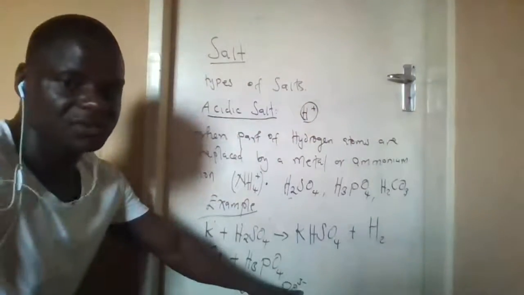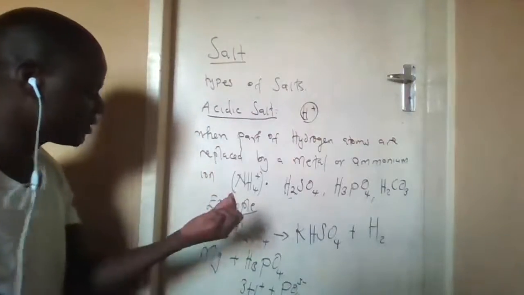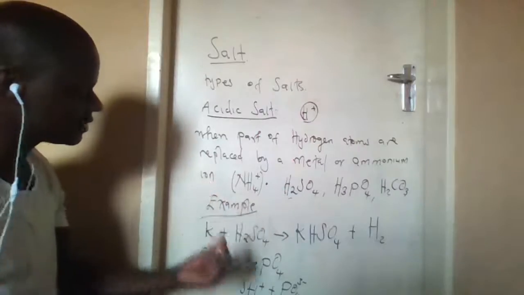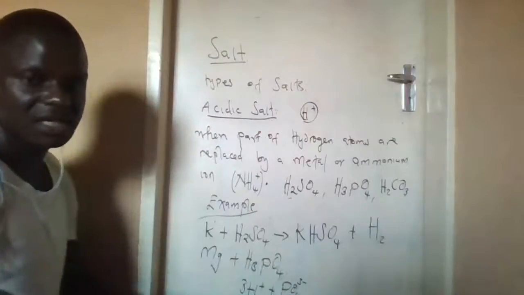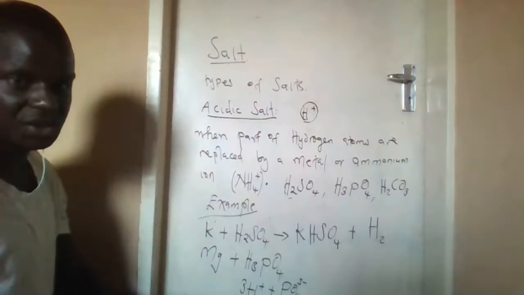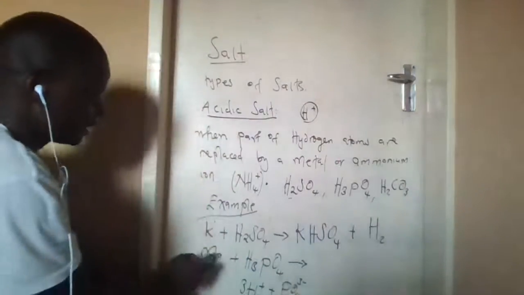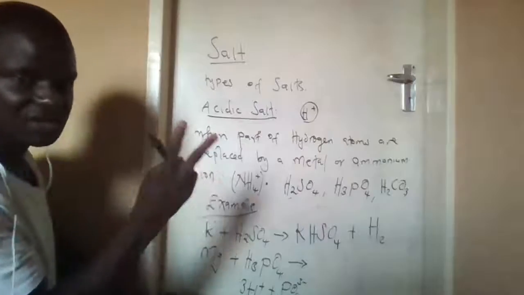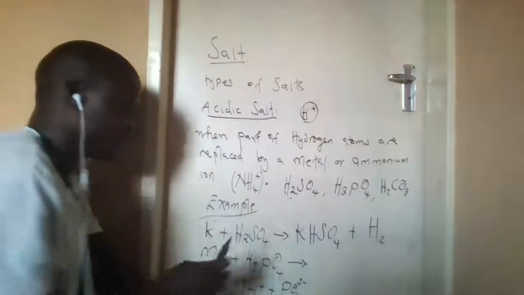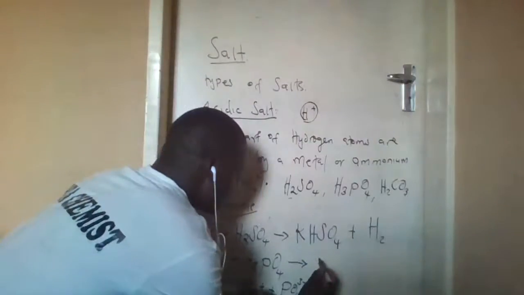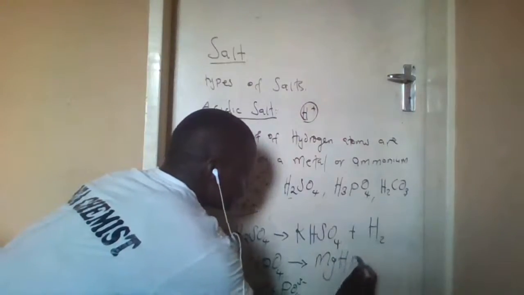But we need to understand that this phosphate here has a charge of 3 minus, and there are 3 single hydrogen ions. So 3 plus, 3 minus, when they combine, that's why this phosphoric acid is not charged. So once this happens, these guys are going to combine. Then this magnesium, like I said, has got a valence of 2. So it's going to remove 2 hydrogens from here, having 1 remaining. So the salt that will form is magnesium hydrogen phosphate